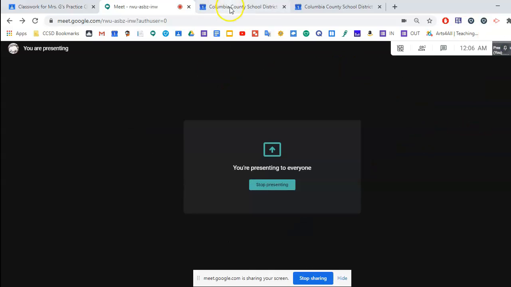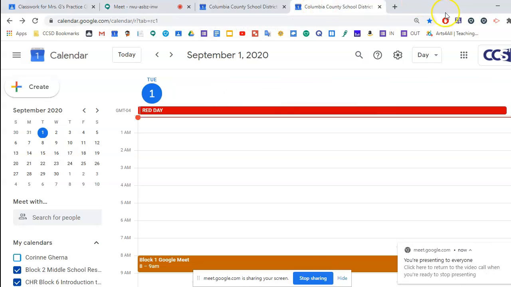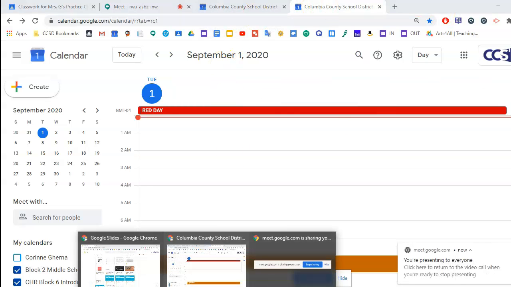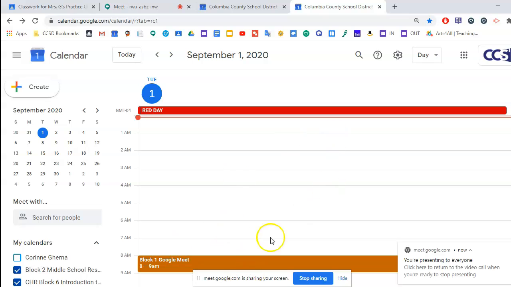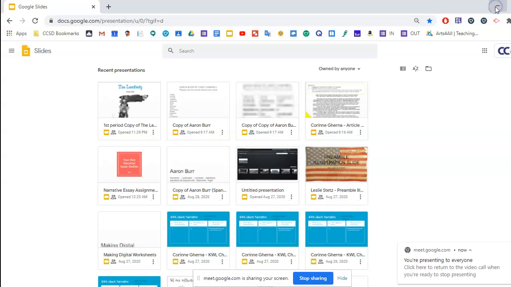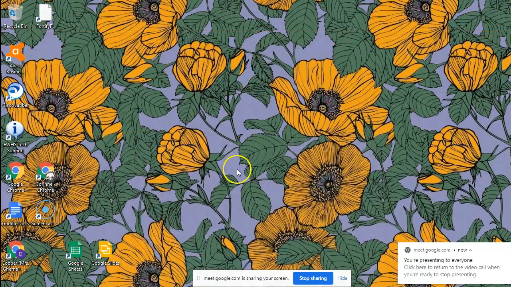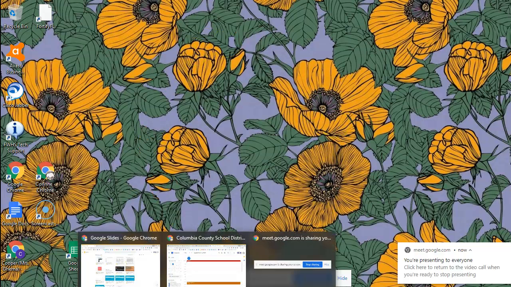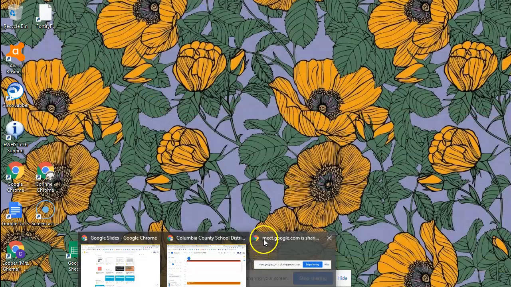So you can move between tabs, you can go to a different window, you can minimize all of your screens and show them something on your desktop if you need to, show them something in another program. Maybe you have a slideshow or another document and you want to show that to them. The only thing about this is you really want to be very careful about